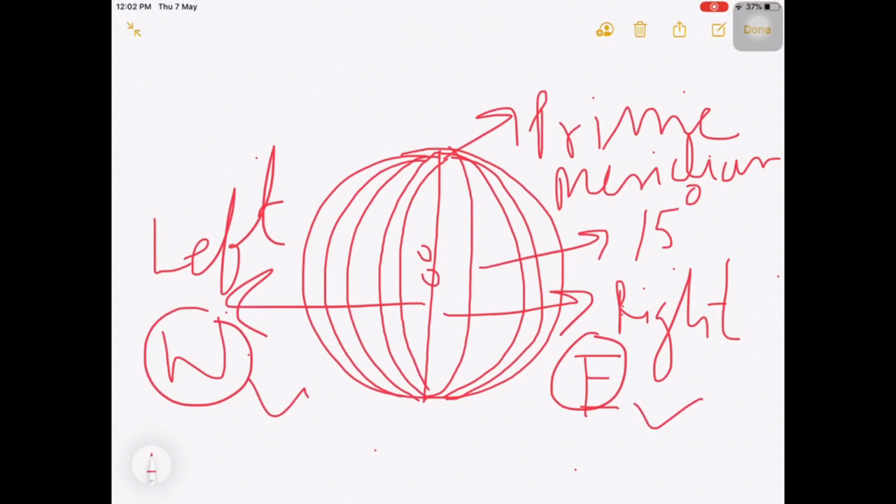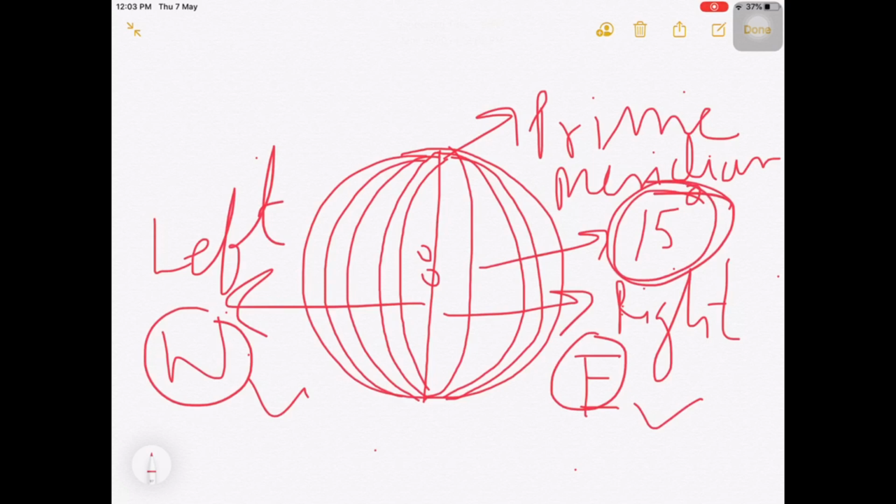Now let's find what degrees we need to write when we draw these lines. However many lines you have drawn, you need to take a 15 degree difference. Why? Because it's not possible for us to draw all the longitude lines, each 1 degree, it is not possible to draw so many lines. As you have seen in the latitude diagram also, we have drawn only some important lines. So you need to divide it into 15 degrees.